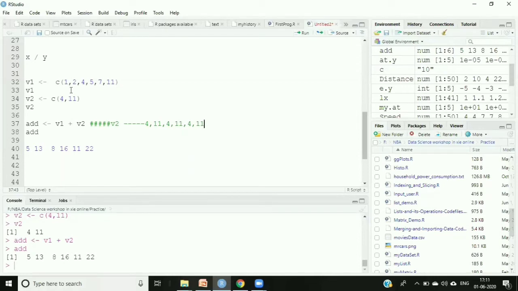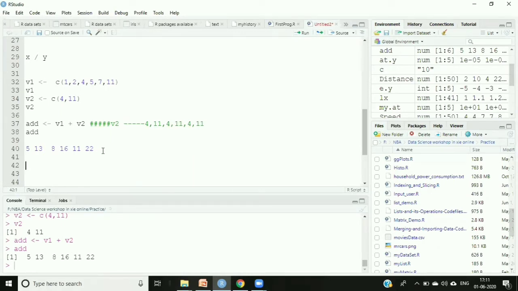And then it will do the addition. So for example, this 1 will be added to this 4, so 5. 2 will get added to this 11, so 13. 4 will get added to this 4, so 8, right? 5 will get added to this 11, so 16. You got this? So 7 will get added to this 4, and 11 will get added to 11, that is 22.